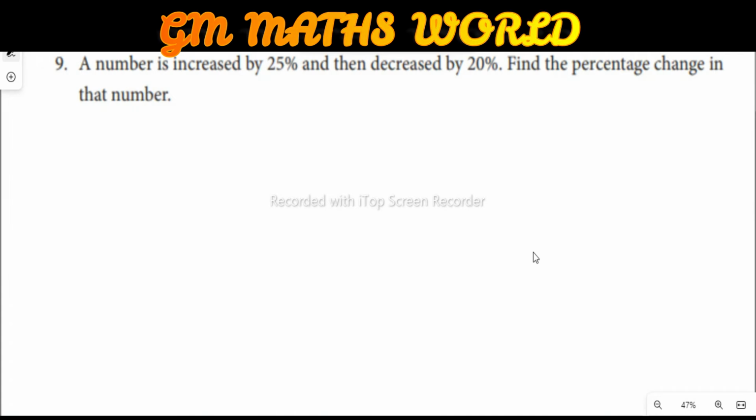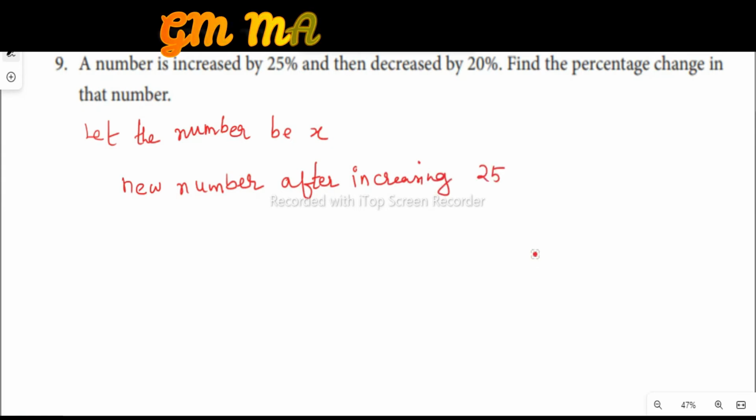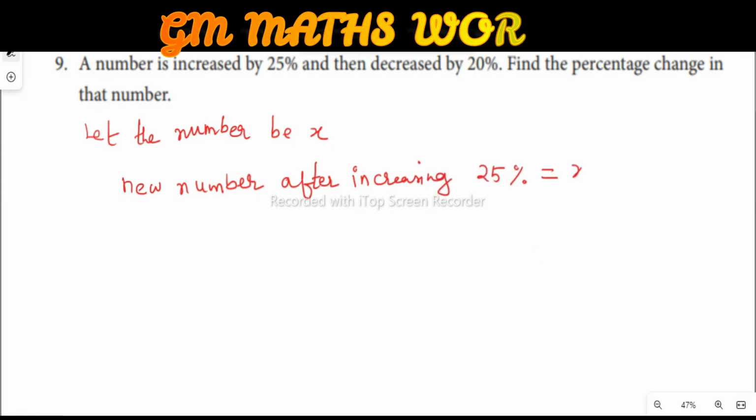So the number is 100. Now the next problem, a number is increased by 25% and then decreased by 20%. Find the percentage change in that number. So we have to take the number as x. The new number after increasing 25% is x plus 25% of x. So we will get x plus 25 by 100 into x. X is common, taken out. So it is x into 1 plus 25 by 100, which is nothing but